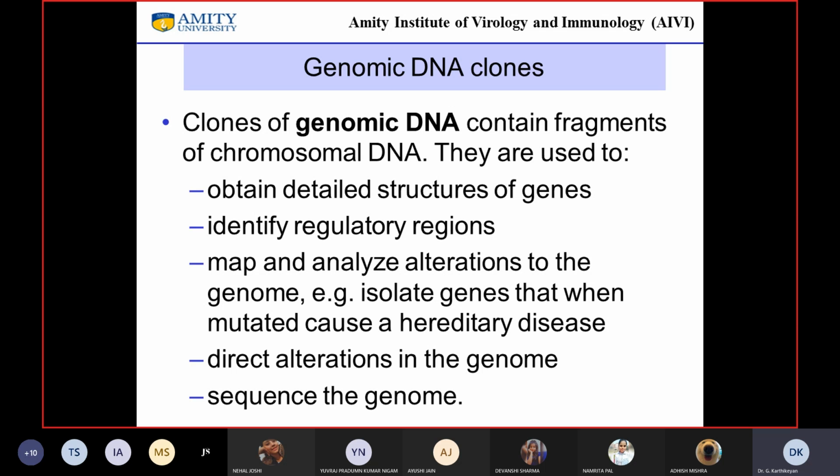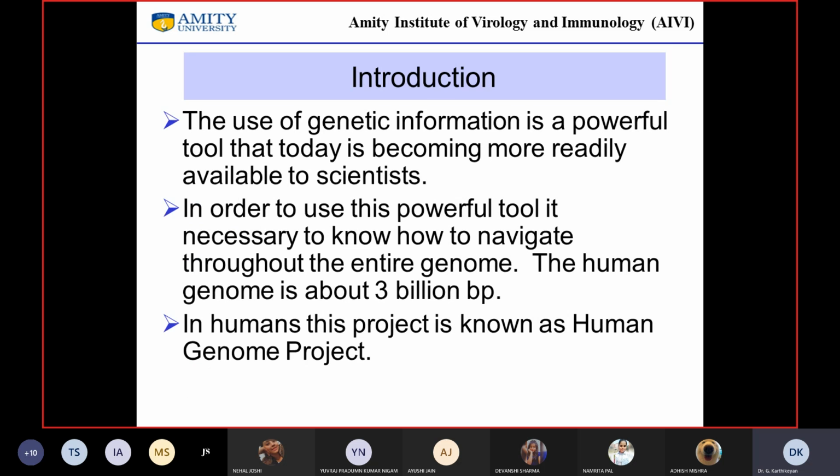Then it ran into a lot of issues and was stopped, and then it has started again. So it is likely that within the next decade we may see gene therapy as a possible option for treating untreatable diseases, right? And as I said, you now have the ability to sequence genomes at will,